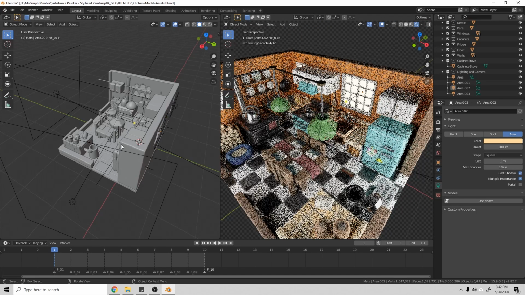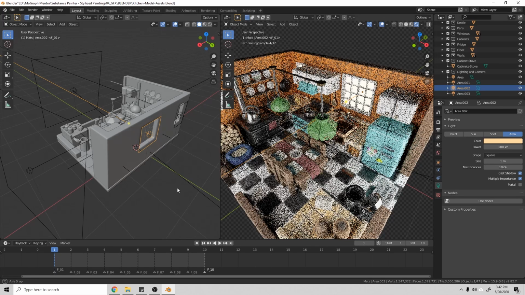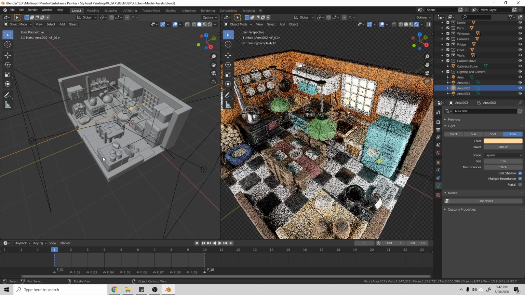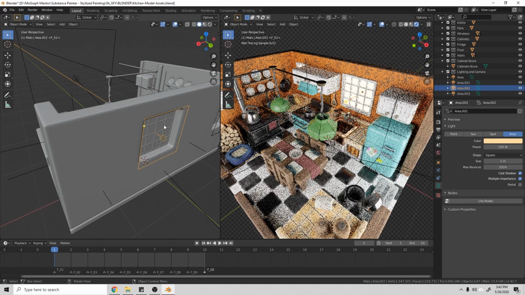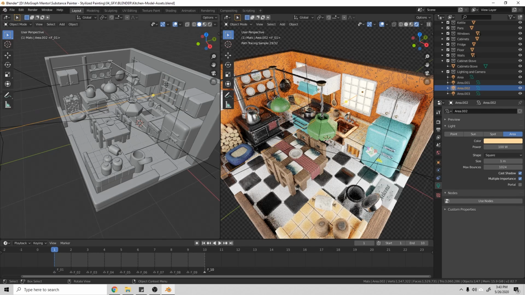Another great thing about area lights is that when you click an area light, you'll see this option down here called Portal. If you click that on, it will actually deactivate the light, but it will concentrate light through those holes and objects. So for example, if I turn it on with these here, it would deactivate this light, but it would tell the light to ignore around here and pass light through there. If you're doing an architectural rendering and you have a hole in the wall and you want more light to pass through that, you can turn on a portal light, put that in there, and put lights out there. What that'll actually do is produce less noise as the light comes in